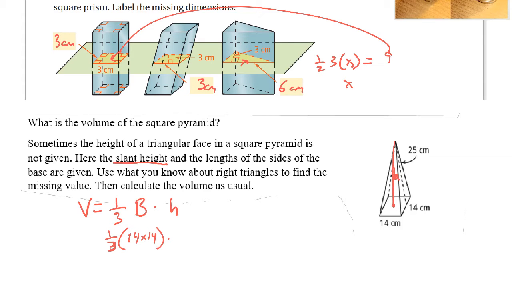Well, it gave us a hint. Use what I know about right triangles. They're 90 degrees, that's not helpful. SOHCAHTOA? Maybe. How about the Pythagorean theorem? Oh, yeah, there we go. So the idea is I need to take this